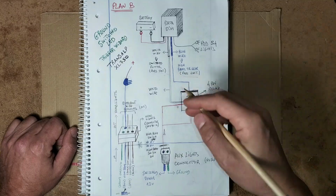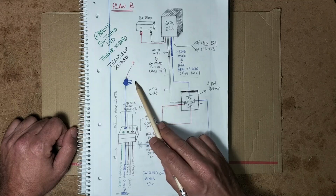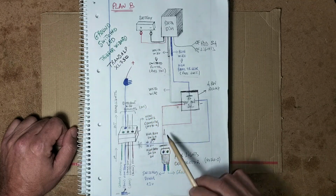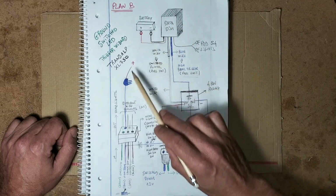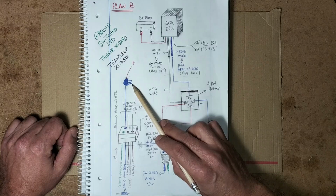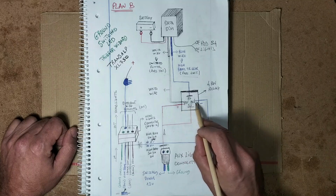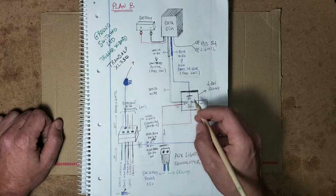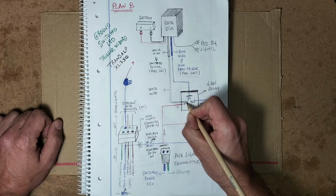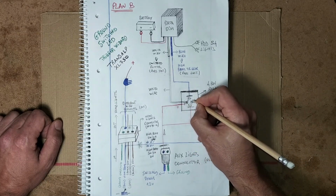This is what I've done to troubleshoot this problem. Full beam doesn't go on when there's no power here. So I have disconnected the harness from the battery. Still, full beam on its own doesn't go on. I have swapped these pins here. I knew it wouldn't change anything, just for peace of mind I did it. So now the positive is on the 86 and the negative is on the 85. Still